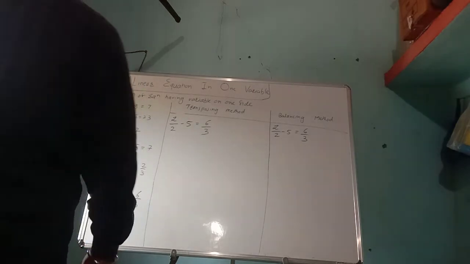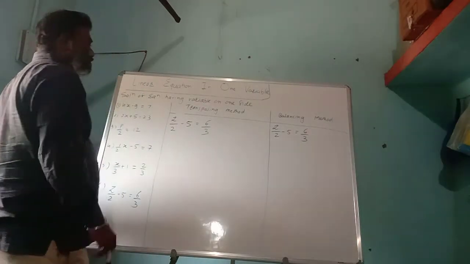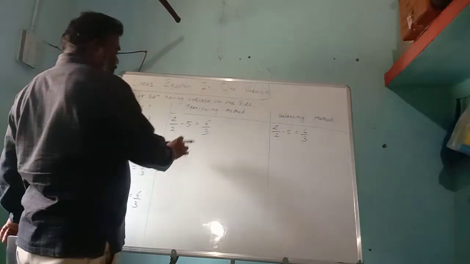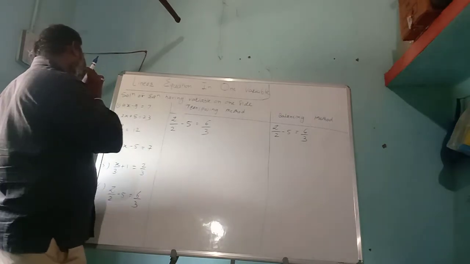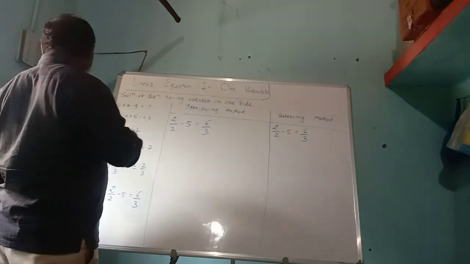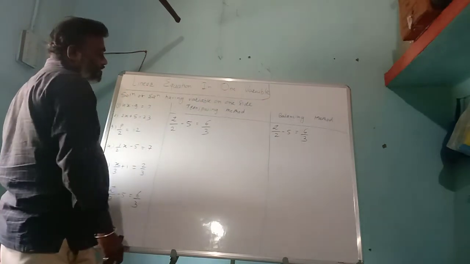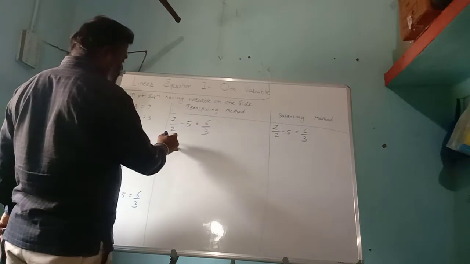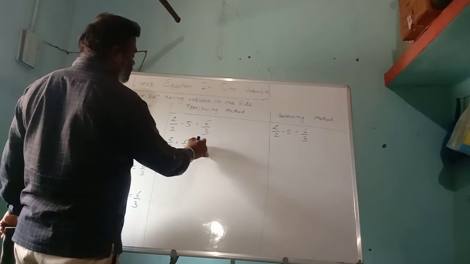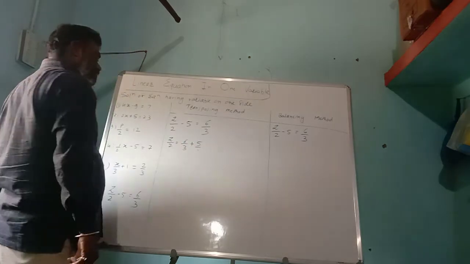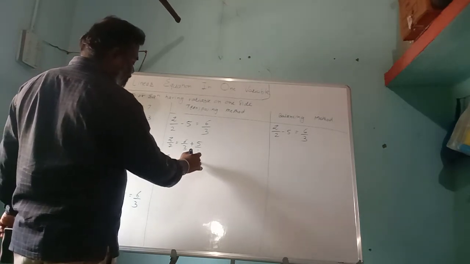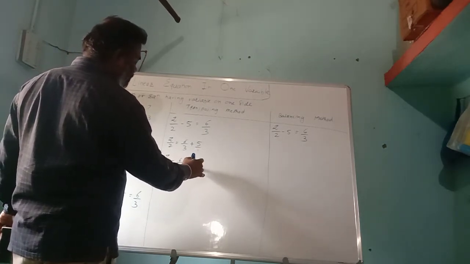Now, next problem, z by 2 minus 5 equal to 6 by 3. First of all, we solve it by the transposing method. While transposing, first of all, we have to concentrate on the constant. The constant is negative 5. While transposing this minus 5 to the other side of the equation, it becomes plus 5. That is z by 2 equal to 6 by 3 plus 5. Here nothing is in the denominator, so it is 1. Now z by 2 equal to 6 by 3 plus 5 into 3 divided by 1 into 3.